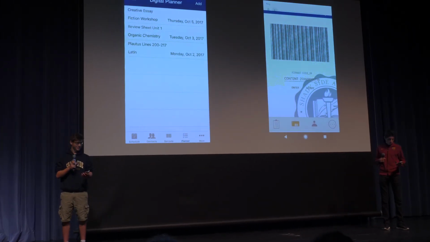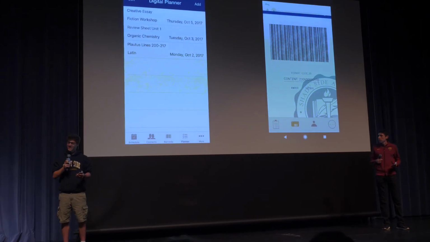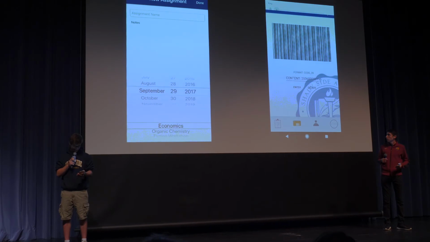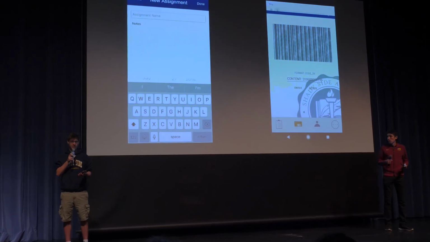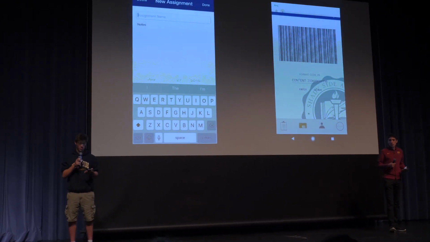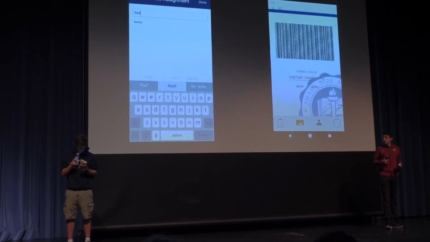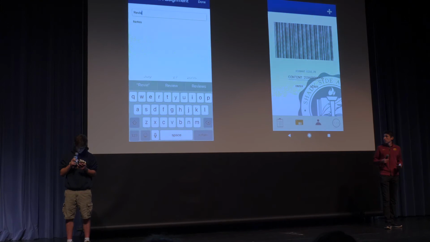But let's say I want to add something. All I have to do is click add, and you bring up this really nice screen. And so let's say I have some more worksheets for organic chemistry. Let's say review sheet